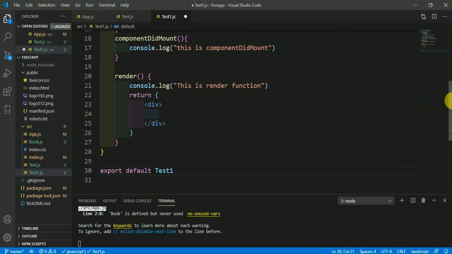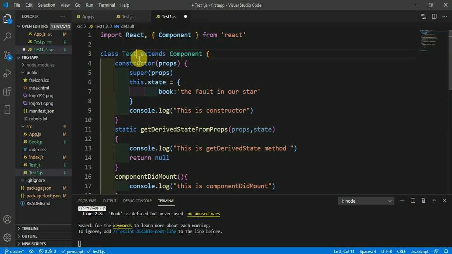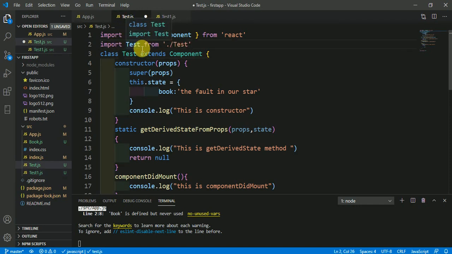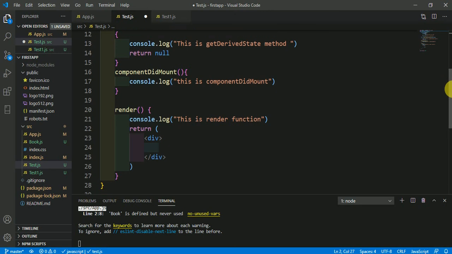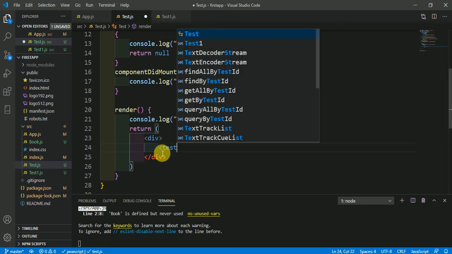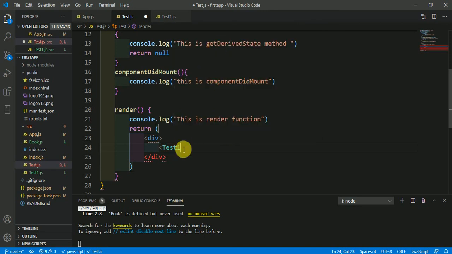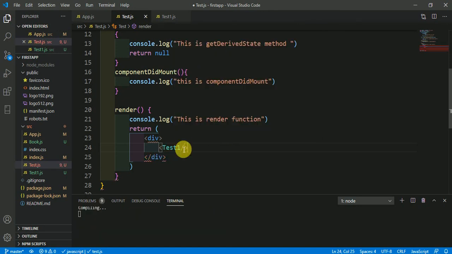Rename it to Test1 here and here. To render Test1 in Test.js we have to import it, so type import Test1 here, and to render this component include Test1 and save it.